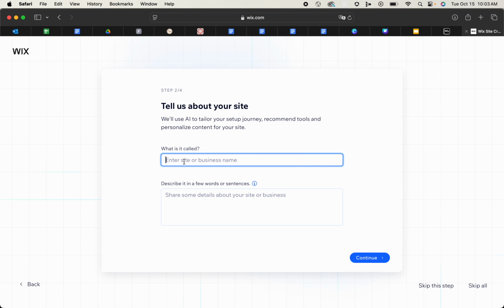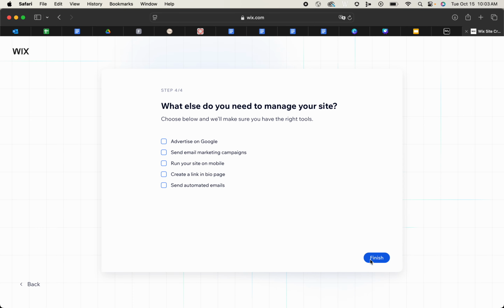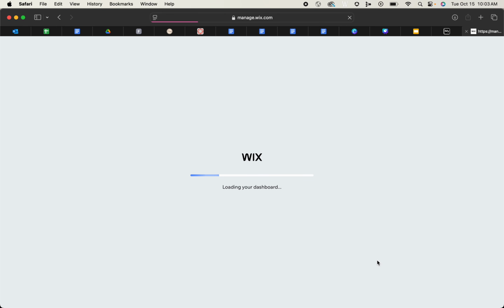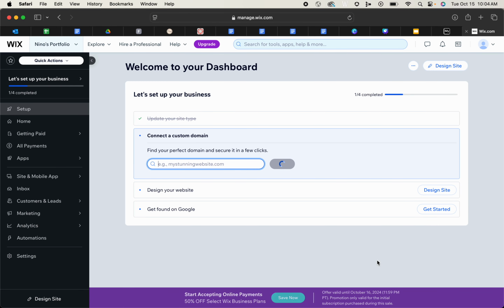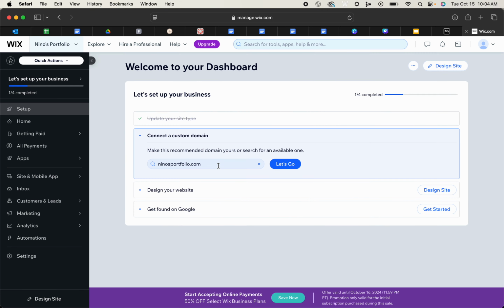And then we are going to call our portfolio your name and portfolio. And we're going to say continue. You don't have to click anything, just continue and say finish. So it is going to just get you started. It is going to start your setup. Perfect. Then it is going to bring you into your dashboard in which you can create your own domain